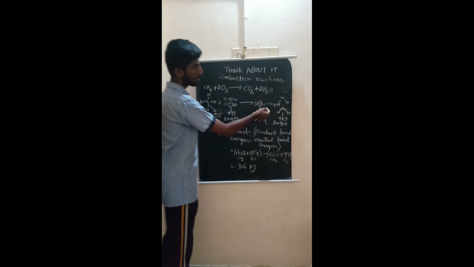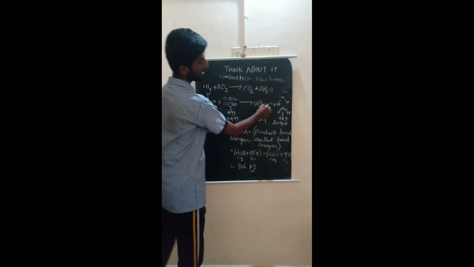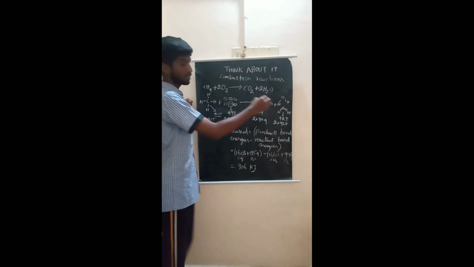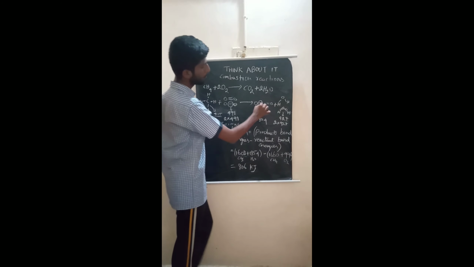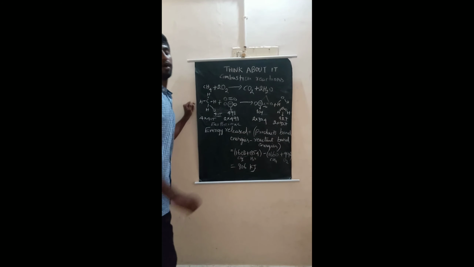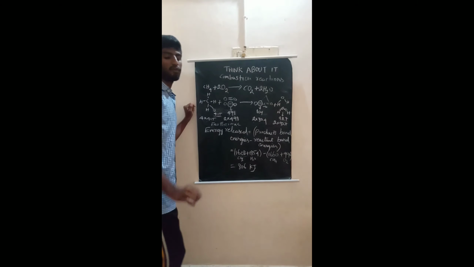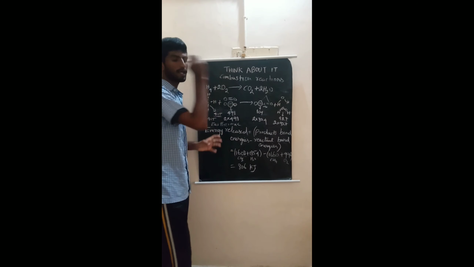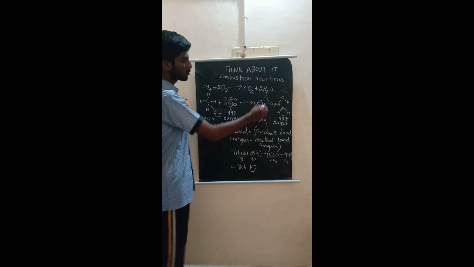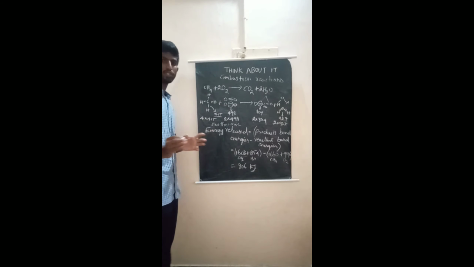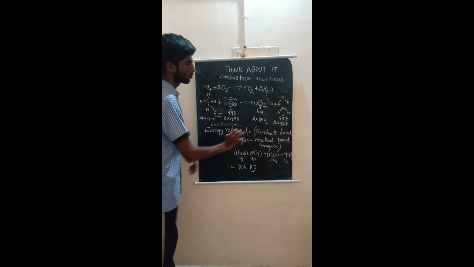Likewise, we take the product side. Here is the carbon atom in the carbon dioxide molecule. If we want to separate this carbon atom from the carbon dioxide molecule, we have to break the two double bonds to the oxygen atoms. This means 2 times 804 kilojoules of energy must be given to separate the carbon atom from the carbon dioxide molecule. So here also the carbon is bonded with a strength of 2 times 804, that is 1608 kilojoules of energy.